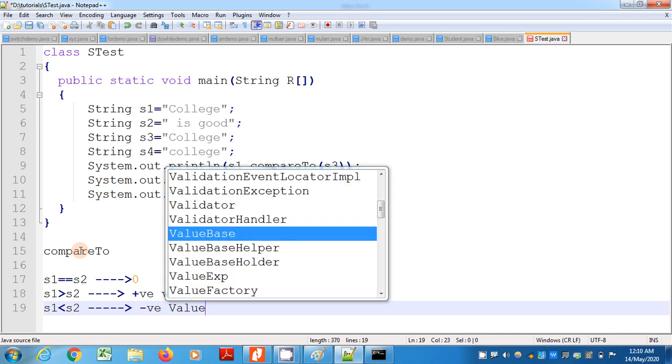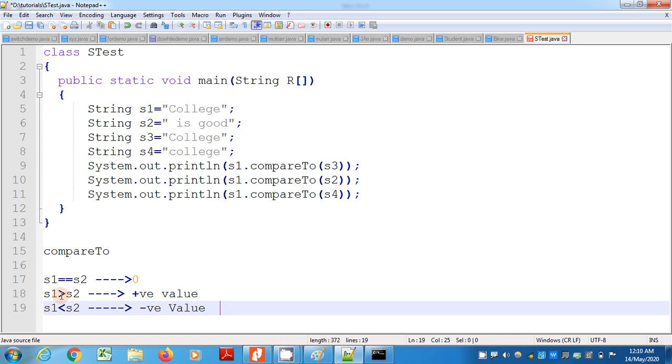So you can ask me, is it possible to have greater than values, less than values? Yes, it is possible. What I have told you means the compareTo operator, before comparing it will do sorting. That means it will arrange s1 and s3 before comparing, in alphabetical order. So all the values will be arranged in alphabetical order. After that they compare. If they both are equal, it will return what? It will return 0. After sorting,